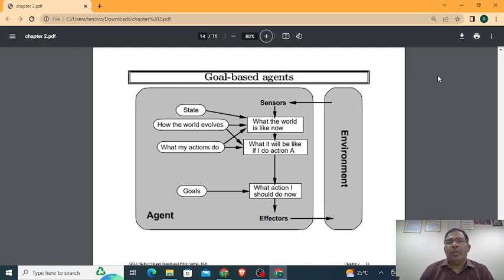Next, the goal-based agent is defined by what goal is to be reached. We need to identify what we need to do and where we need to reach. Based on that principle, this goal-based agent works, and it differs from the previous two in that a state is added: what it will be like if I do action A. That means, if I have the environment from which inputs are received, represented in the form of state, and we are able to identify the evaluation of the state and what actions to be applied based on the states we have,